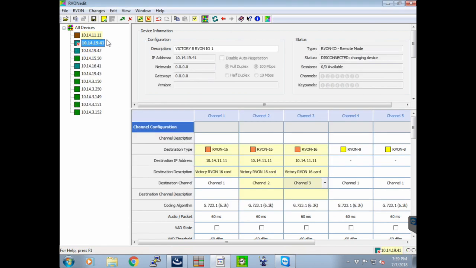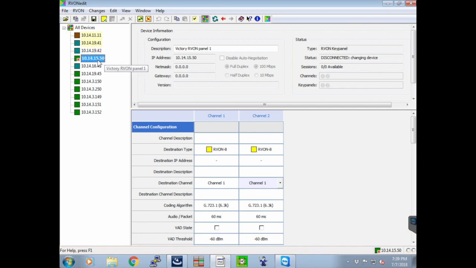Alright, so say we wanted to, on channel 4, this RVON card here, say we wanted to add an extra RVON key panel. We wanted to throw one out by, I don't know, an LD position or something. So we wanted to throw down an extra RVON panel. What we want to do is a very similar process. We want to point the RVON panel at the card and vice versa. So you see there's a few panels over here that have been programmed in the past. We'll use this one,